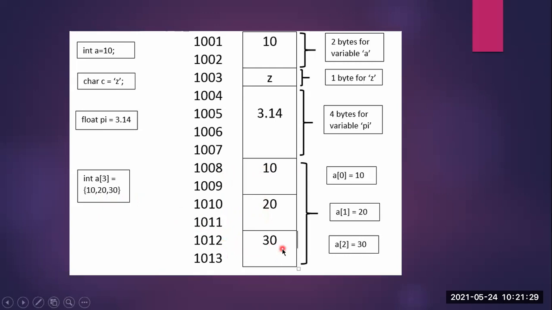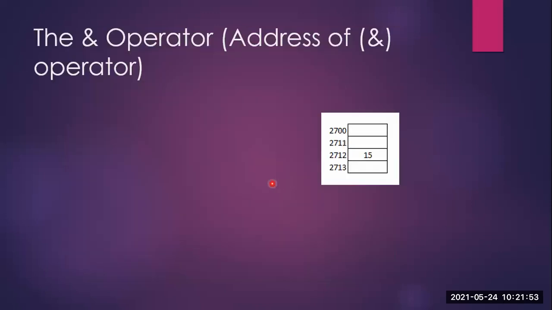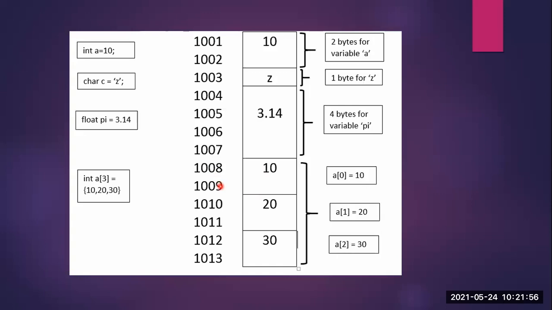So totally, can you tell me how many bytes are allocated for integer? 6 bytes. How 6 bytes? Because, ma'am, the array has three initialized elements, and each element contains 2 bytes. So all of it is 6. Yes, all of it is going to be 6. So these 2 bytes make it 4, and these 2 bytes make it 6. So totally we need 6 bytes for an array which is trying to hold just 3 values.